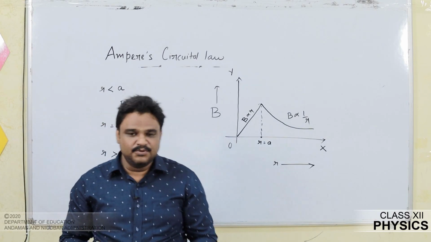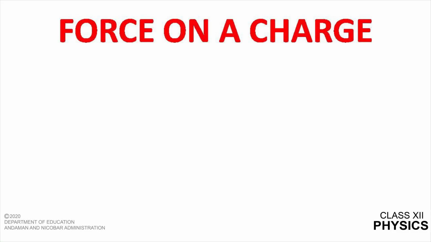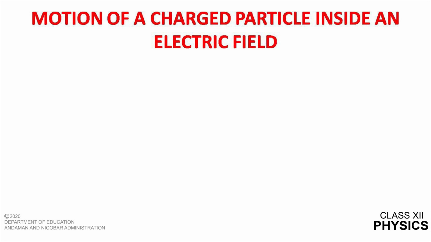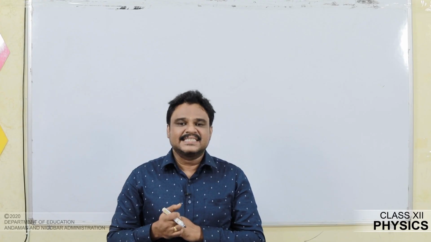We are going to discuss force on a charge. Before getting into the behavior or motion of charge in a magnetic field, I am going to explore the behavior of motion of charge in an electric field. I am going to explore the motion of a charged particle inside an electric field. Our aim is to assume a moving charge that enters a uniform electric field. What happens to that charge? That is the thing we are going to explore in this section.